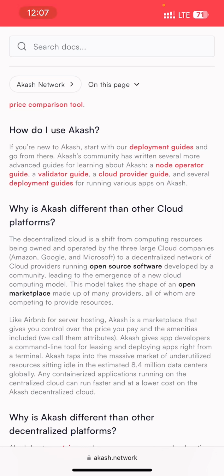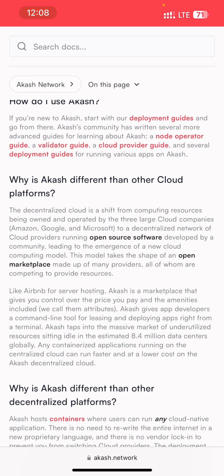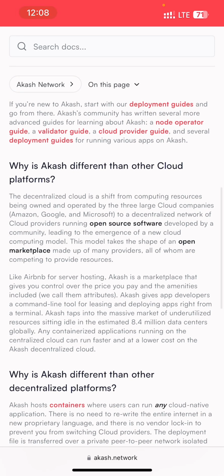The decentralized cloud is a shift from computing resources being owned and operated by three large cloud companies, Amazon, Google, and Microsoft, to a centralized network of cloud providers running open source software developed by a community, leading to the emergence of a new cloud computing model. The model takes the shape of an open marketplace made up of many providers, all of whom are competing to provide resources. So just like